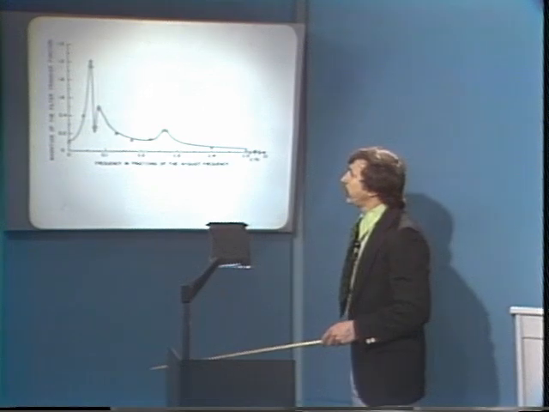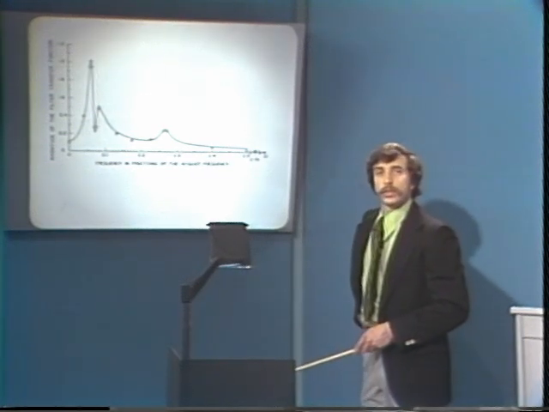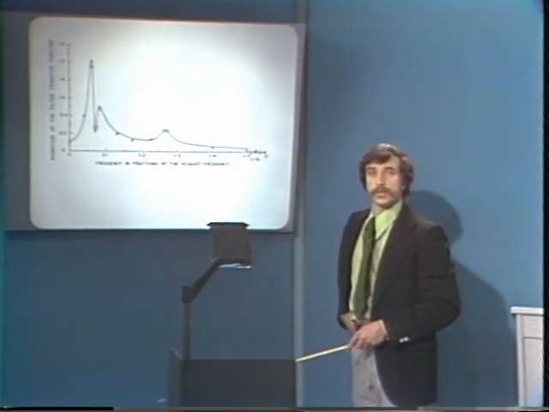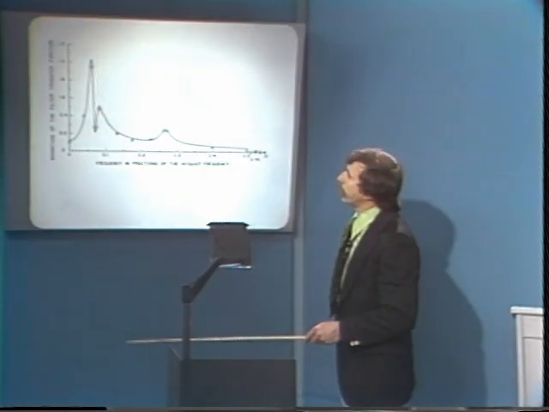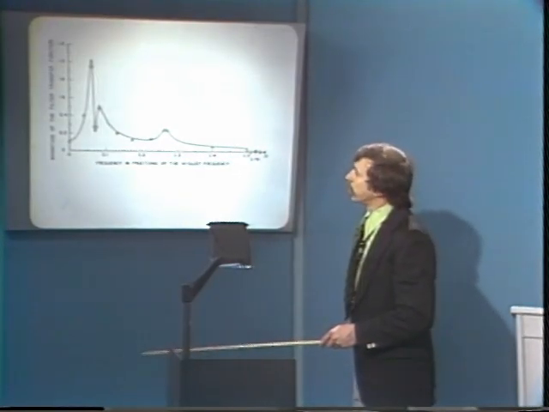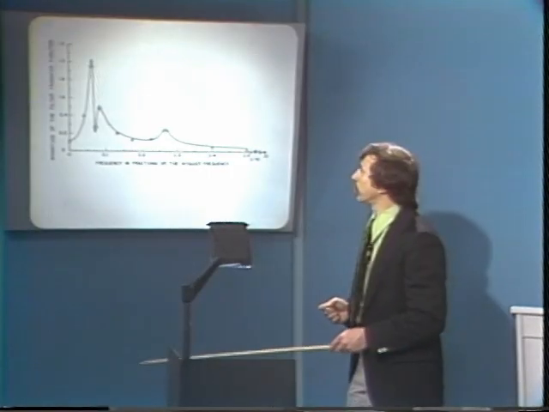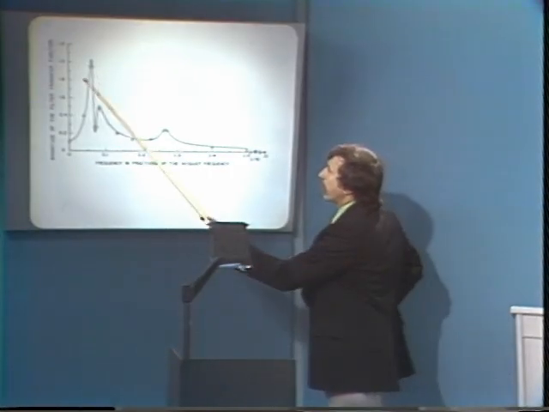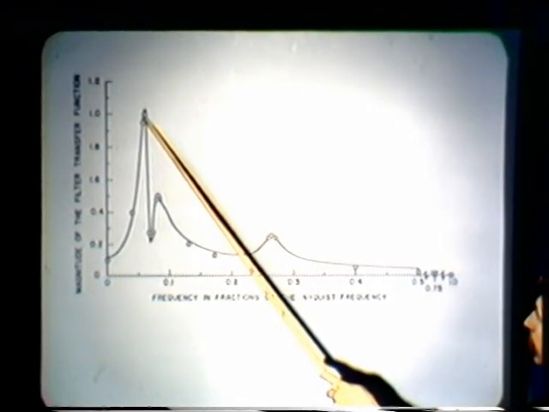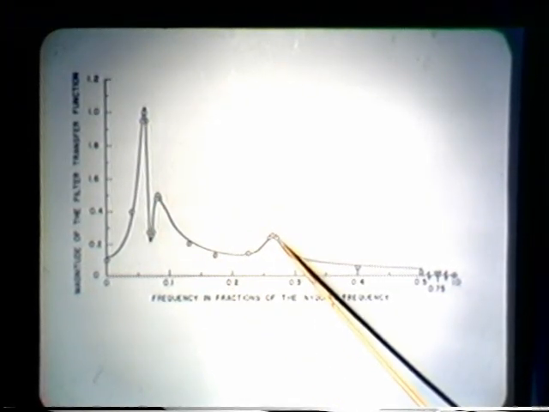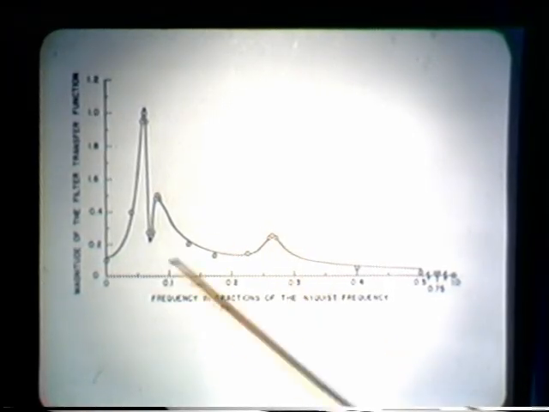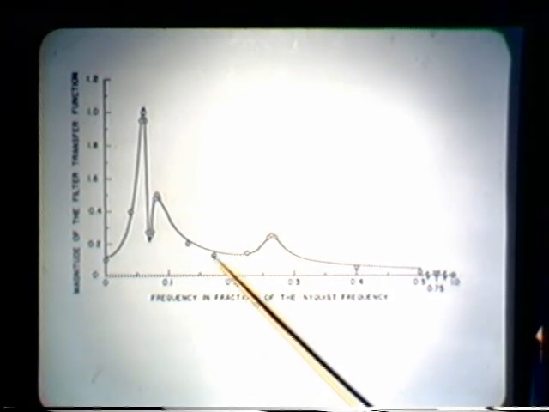The objective here was to design what's called a formant filter, which is used for speech synthesis. The important aspects of the frequency characteristic were to have peaks at this frequency and this frequency and this frequency. Those peaks correspond to the resonances of the vocal tract,